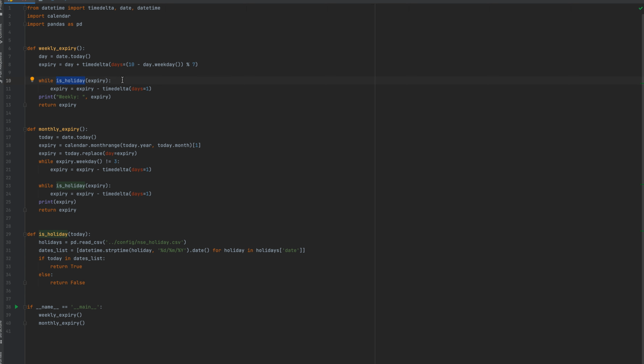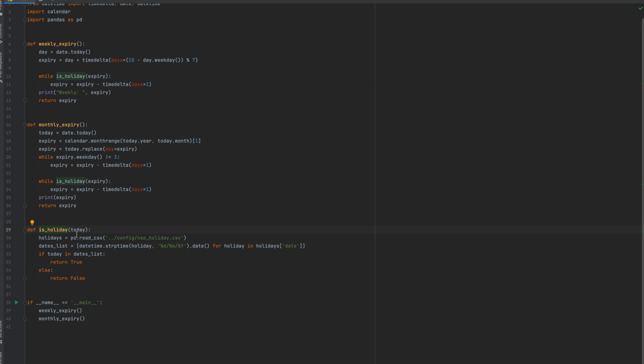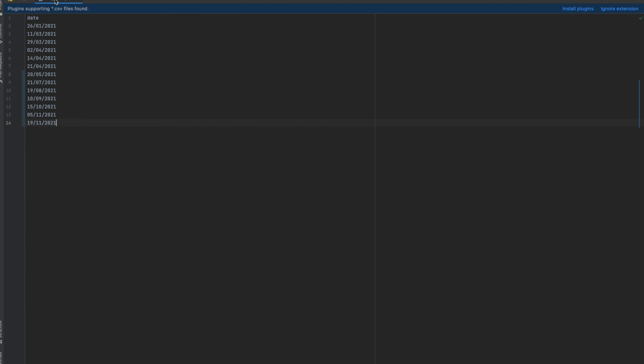Now we will check for holiday. Until it is not a holiday, we will keep on subtracting one day from it and keep on checking. Whatever expiry date we have, we are passing it here, and we'll check if it falls in the holiday list.